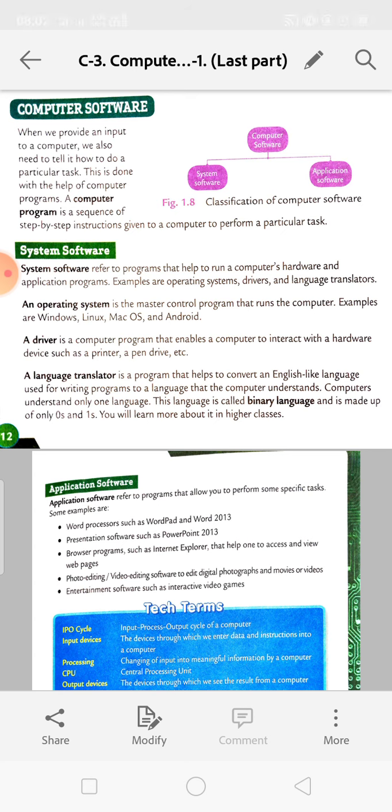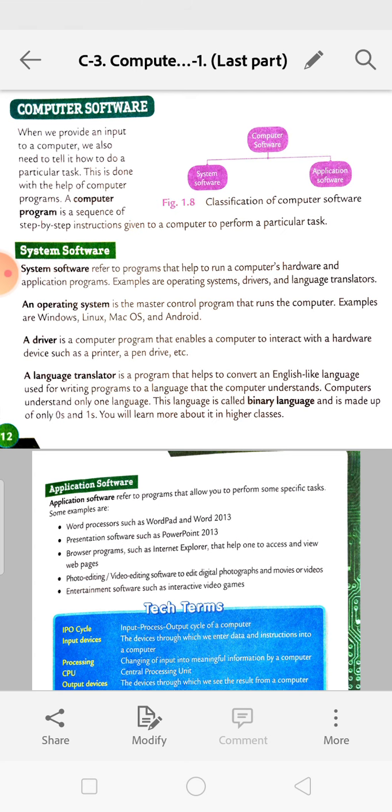So system software refers to the programs that run the computer's hardware. That means a special program is given in the hardware and the application program is given so that it can work properly. And these examples are operating system, drivers and language translators.